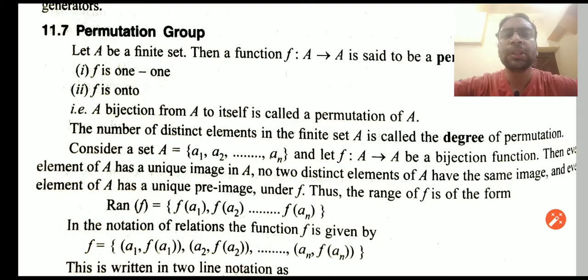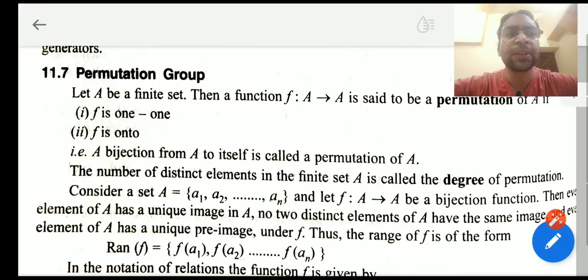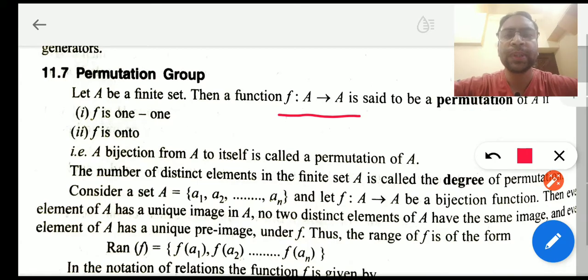Today we will discuss the next definition, the permutation group. So let's see what we mean by permutation group. Let A be a finite set and a function f is defined, from A to A. The function f from the set A to set A will be a permutation if,